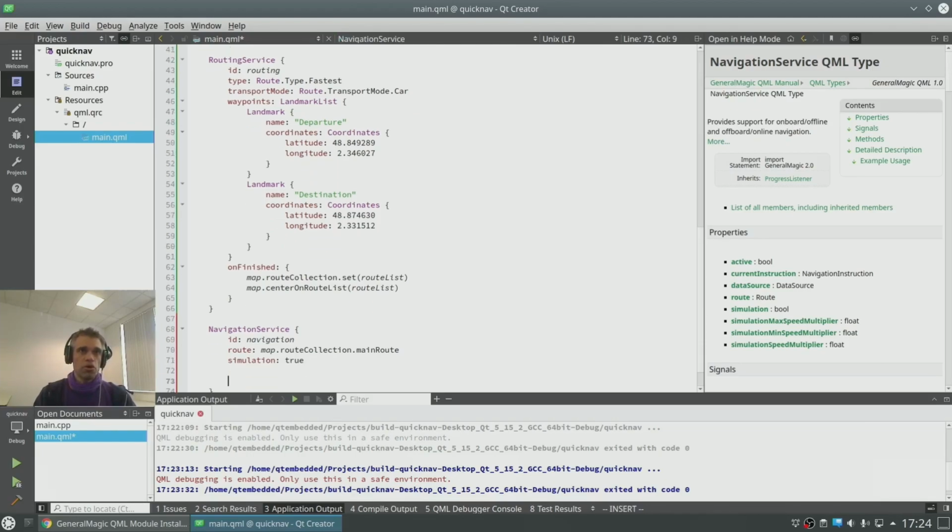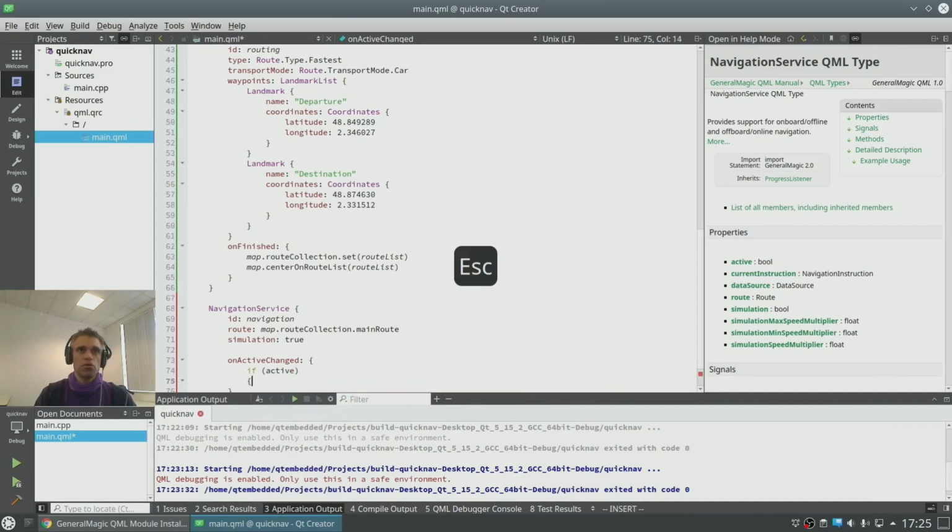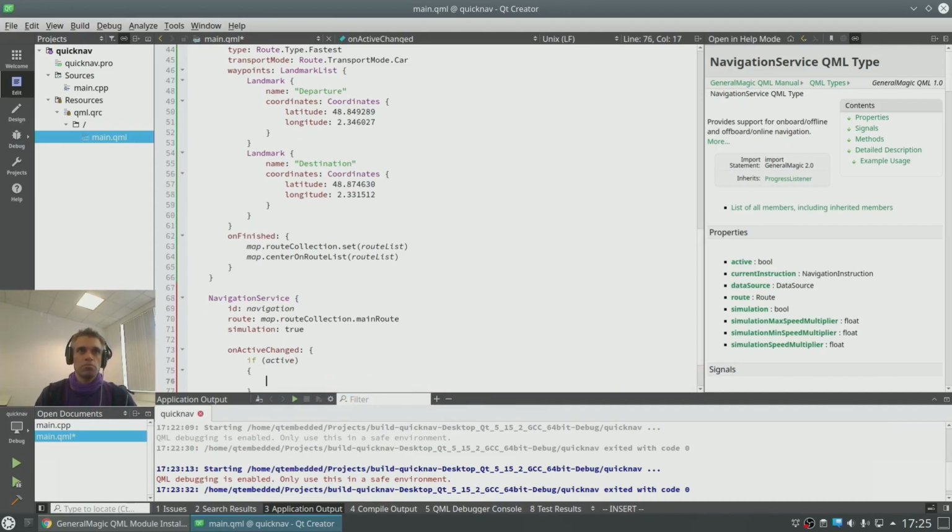So we have our on active changed signal. This is very important. We have the active property of the navigation service, and we check it. So if the navigation is active, that means that this active property is true, then what we want is to start following position.